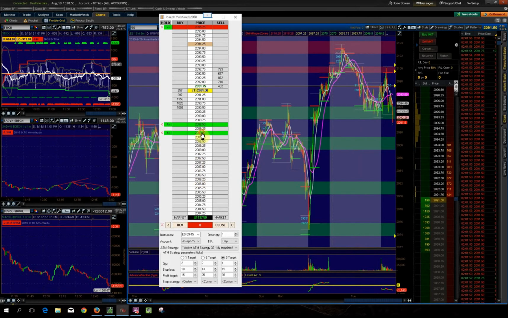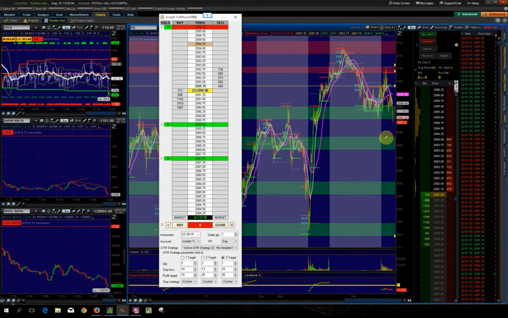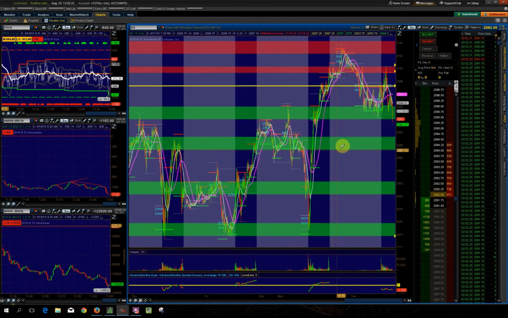We'll look to start scaling out some more contracts as we go down, but my initial target will be here at the 89.25. I put my order about one tick above where my target's supposed to be, and we'll scale out as we go. I'll go ahead and pause the video so you don't have to watch this through, but if this does start pouring down, we will